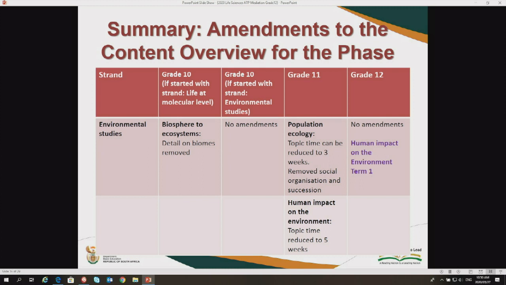Environmental studies, human impact on the environment, grade 11 work, we already revised it in the Free State in term 1. There was hopefully enough time in term 1 to pay proper attention to this topic. If not, then there should be revision done during the time available and extra classes, maybe longer hours that schools are going to plan for. But this topic, according to our initial work schedule, should have been completed.